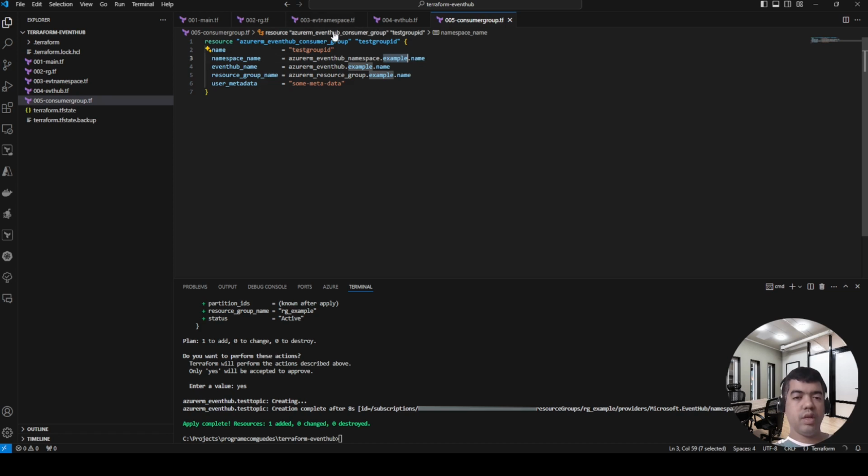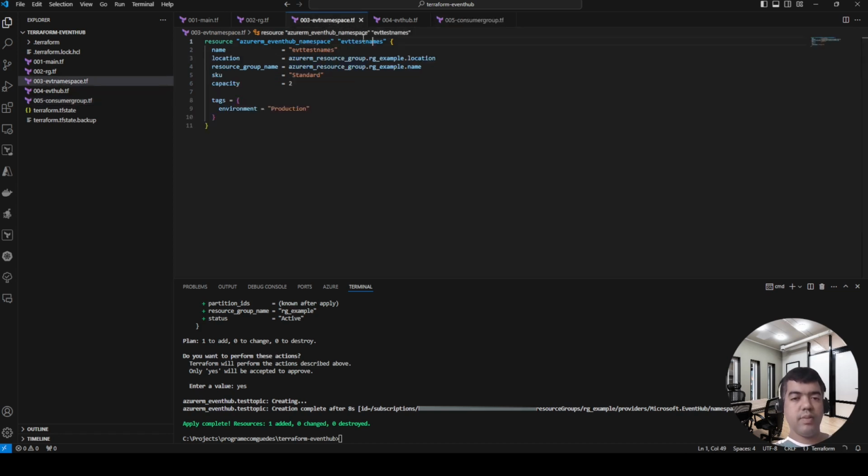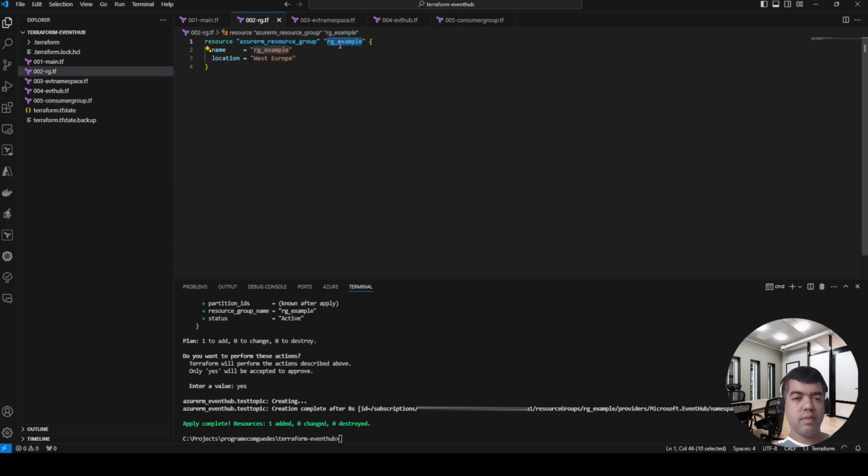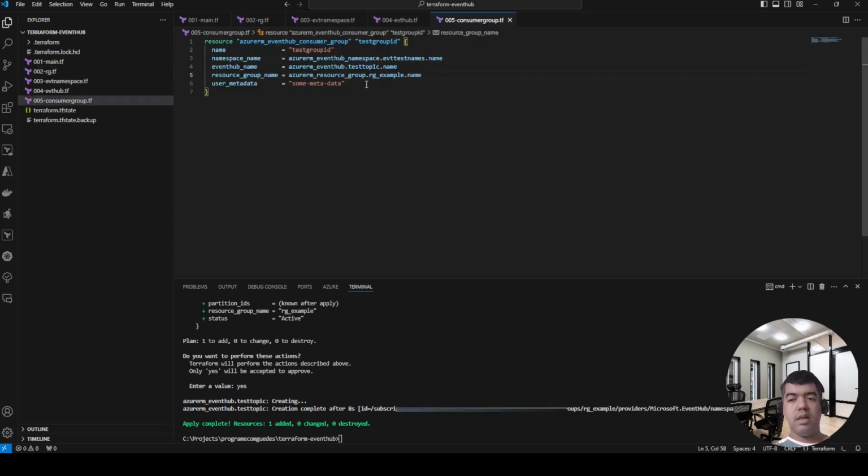Here change to the Event Hub namespace name. Here change to the Event Hub name. And here change to the resource group name. Delete the user metadata because it is not necessary for our example.